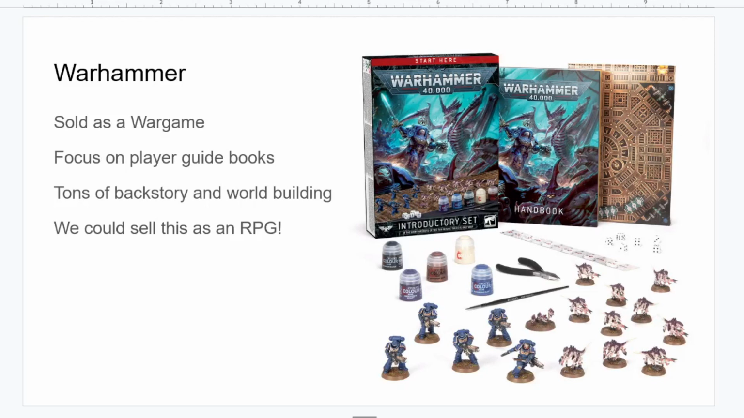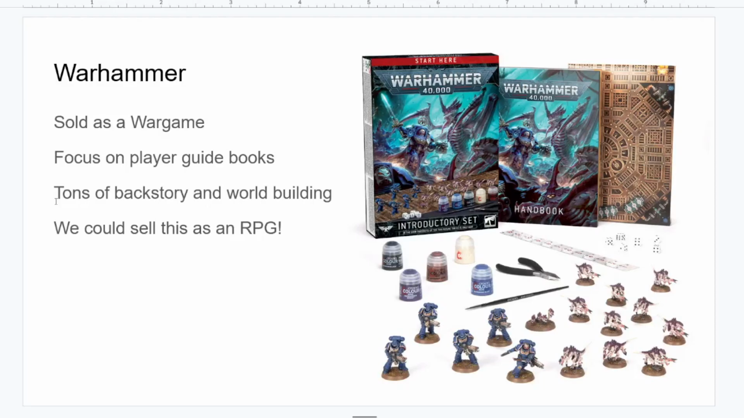It's sold as a war game, with the miniatures, the rulers, all that jazz, but it's got a focus on player guidebooks with tons of backstory and world building. This could have been sold as an RPG. And then